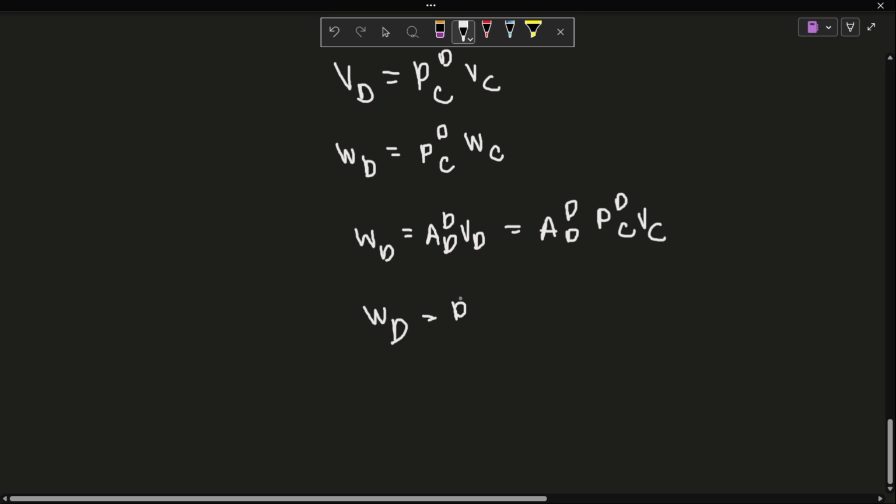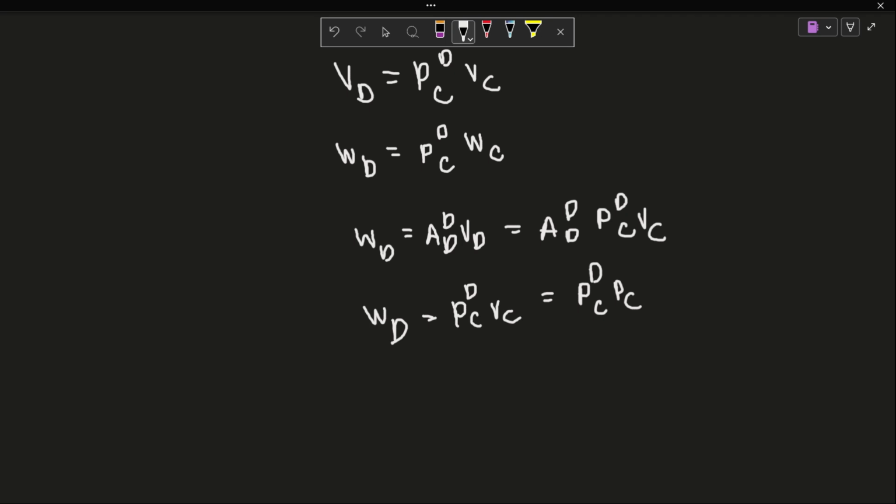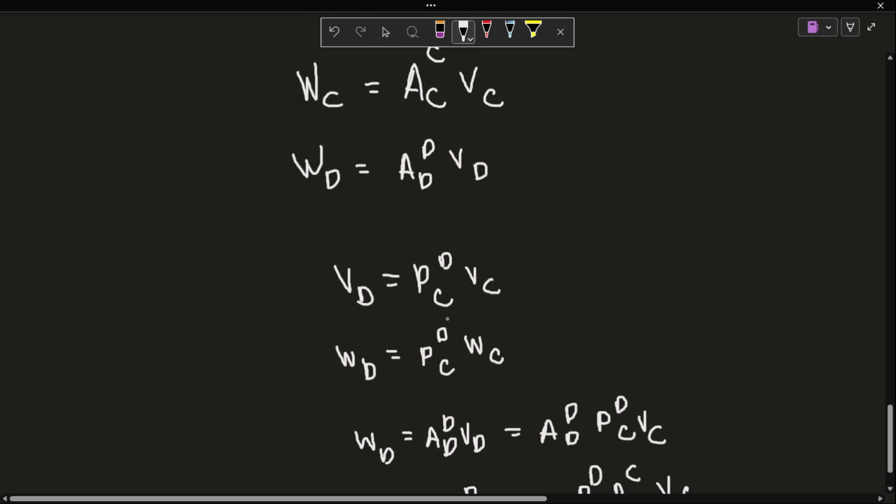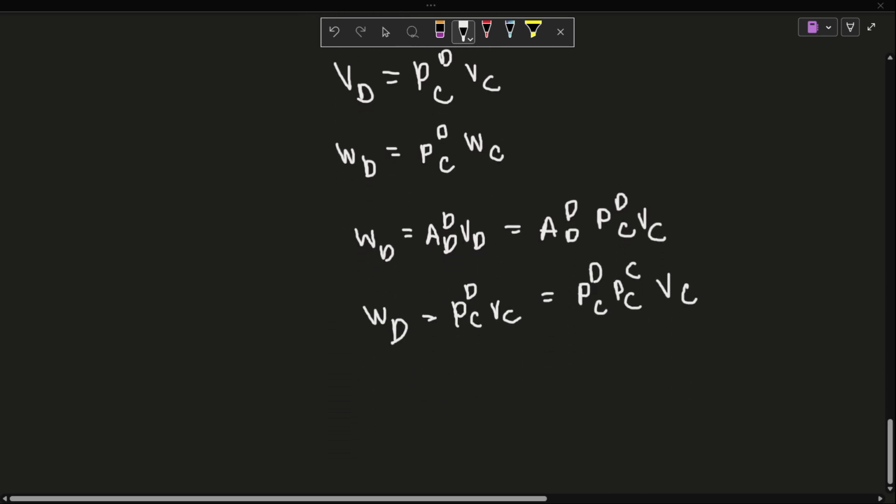But yeah, P, DC, WC is going to equal P, DC, A, C, C, VC. Okay. And so basically by plugging this into our equations here,